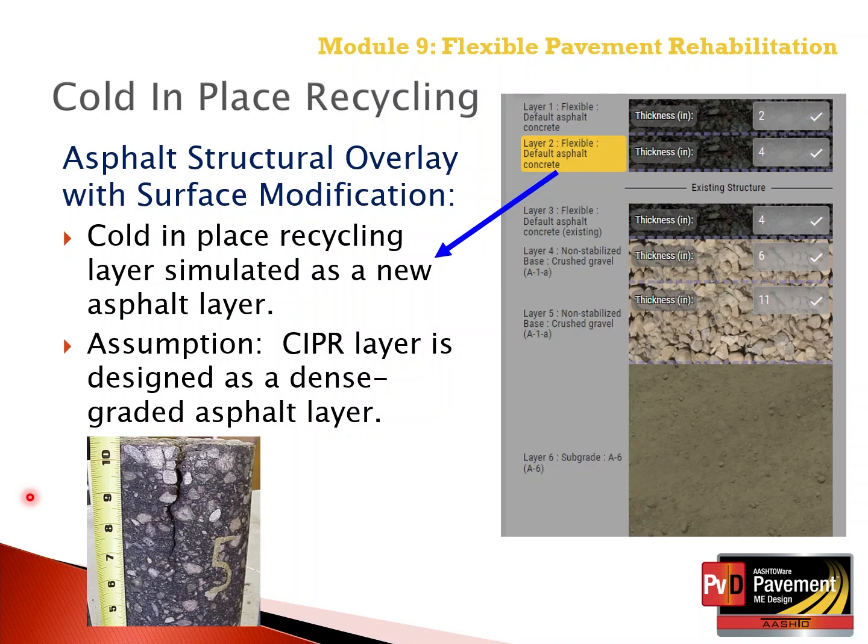Cold in place recycled layers are generally greater than an inch, so they generally can be considered as a separate asphalt layer. Cold in place recycling typically can be used when the distresses are confined to the wearing surface